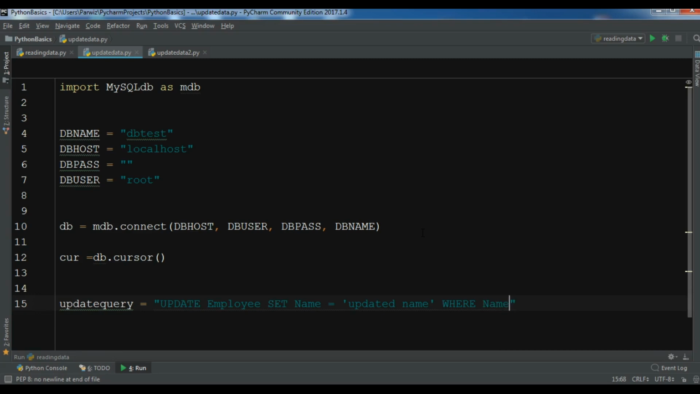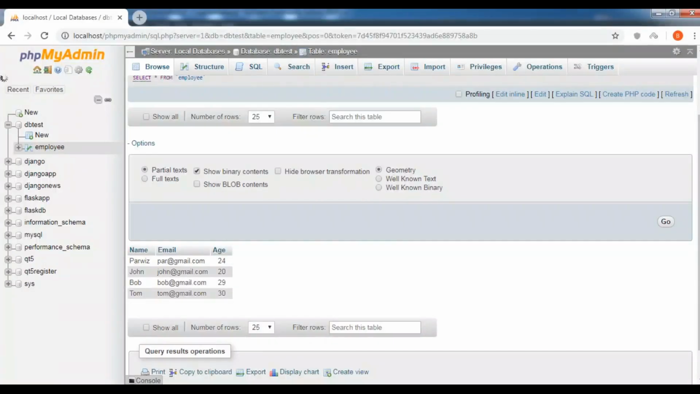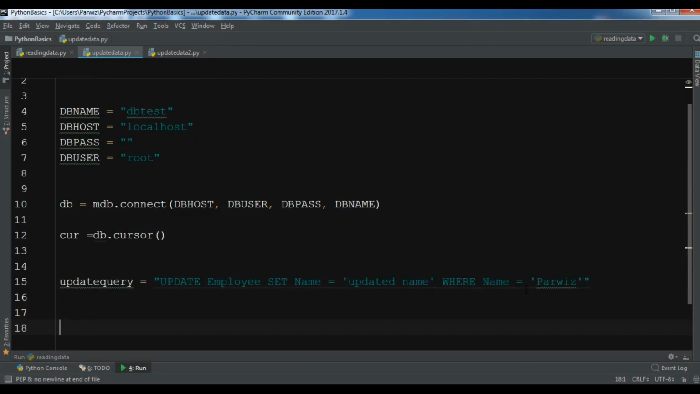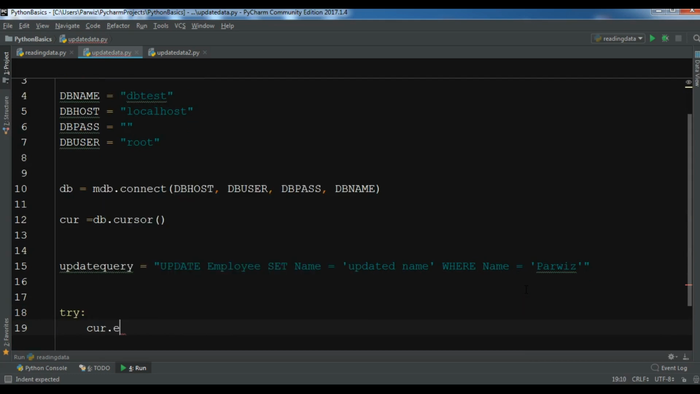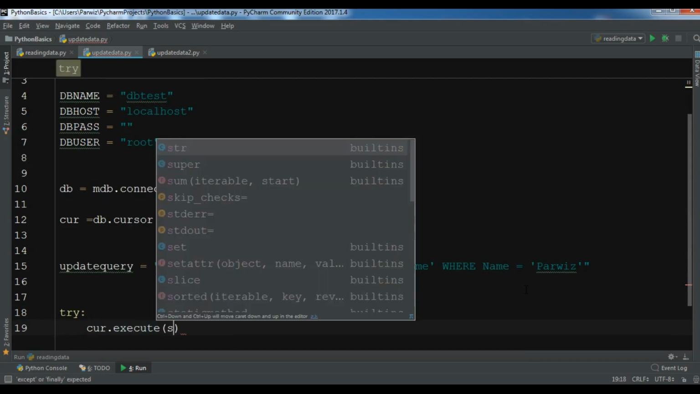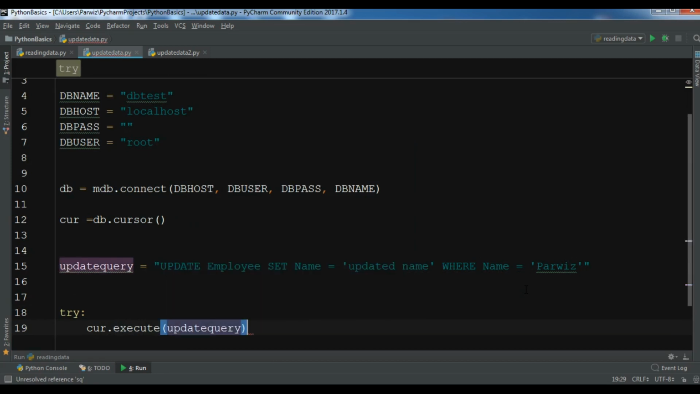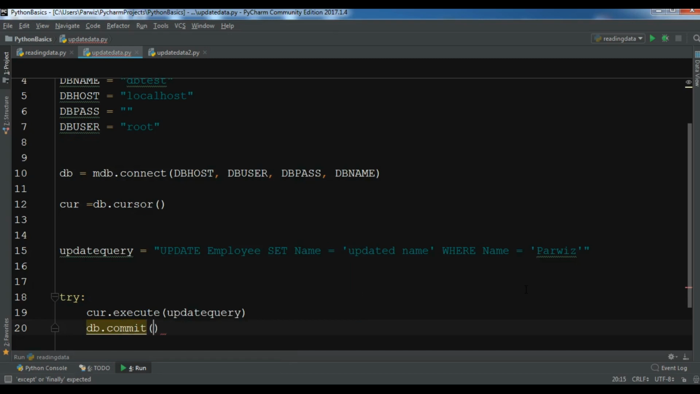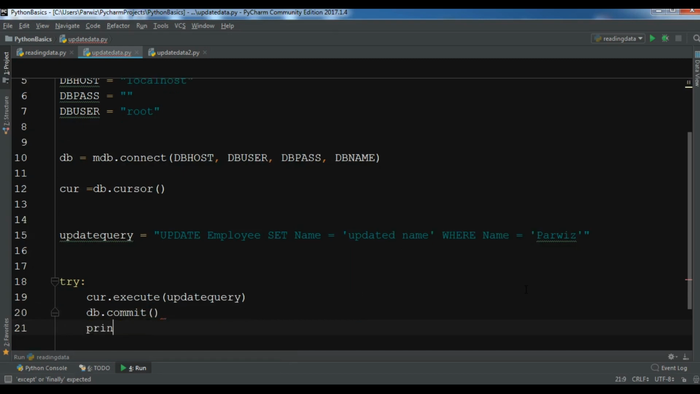name. If you see my database, the first name in here is Parvez, and I want to update this. So in here you can write the condition. After this, let me create a try, and in the try I want to execute my update query. Also let me db.commit and print "data updated